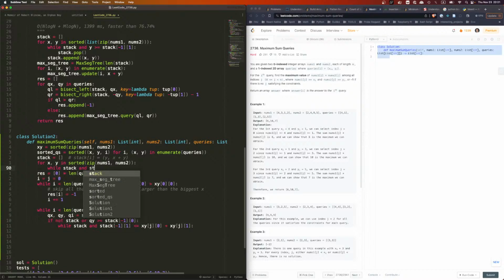While stack and stack -1, 0 is no -1, but we want to keep the y big, right? So while stack